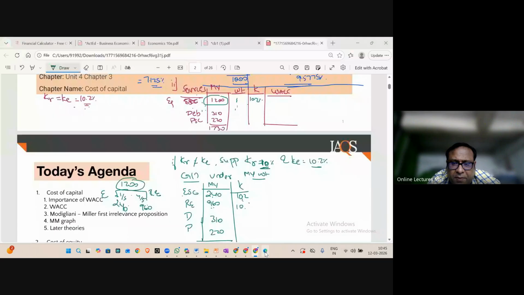Remember, whenever KR is not equal to KE, we don't care about the reason right now, whenever KR is not equal to KE, in that situation, we will take the market value of equity